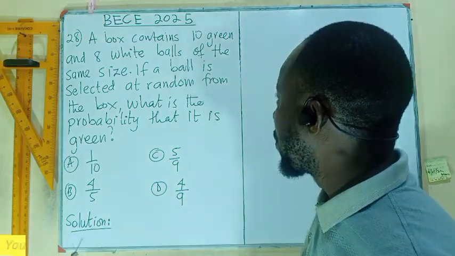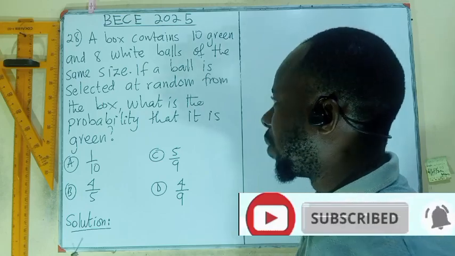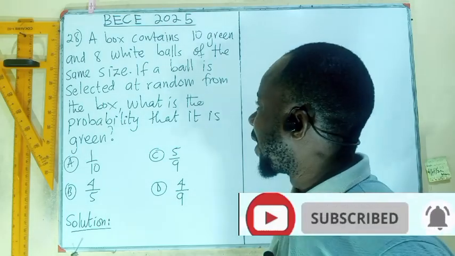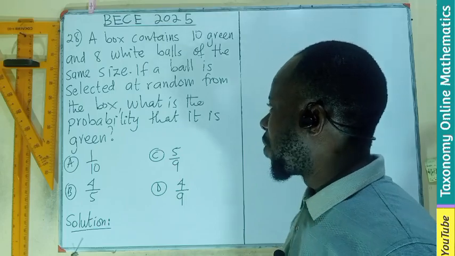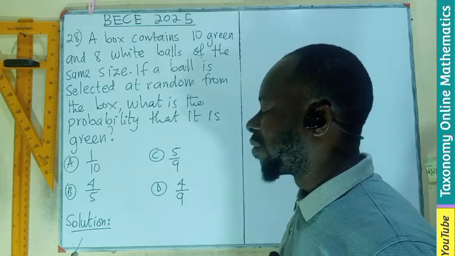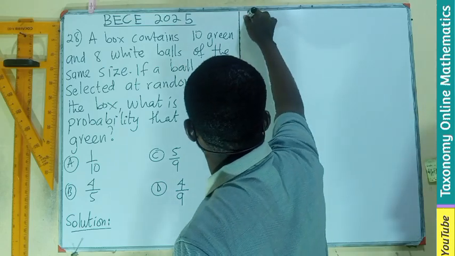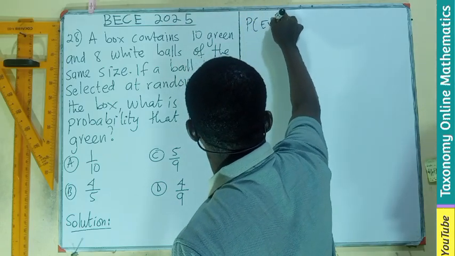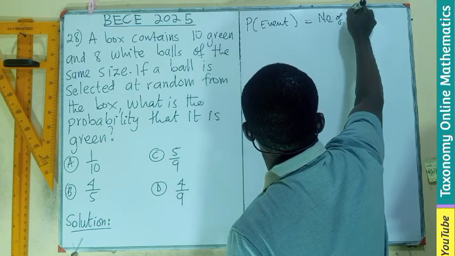A box which contains 10 green and 8 white balls, all of which are of the same size. If a ball is selected at random from the box, what is the probability that it is green? First thing to remember is that finding the probability of any event is equal to the number of